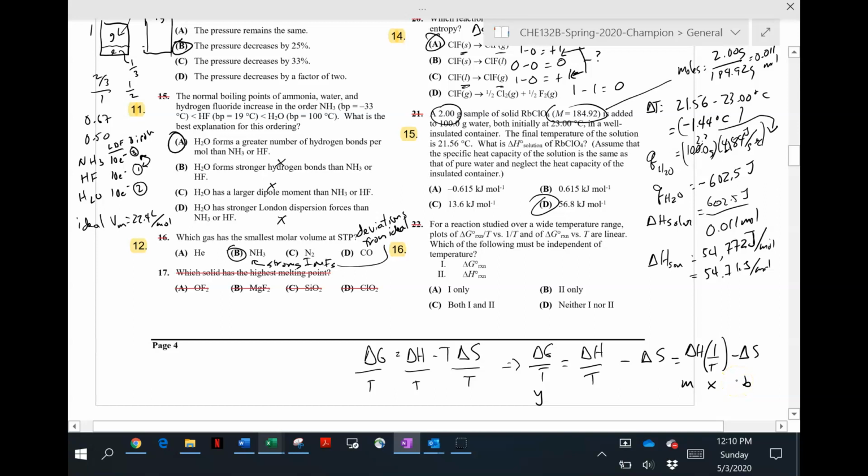So the fact that that is linear tells me that delta H